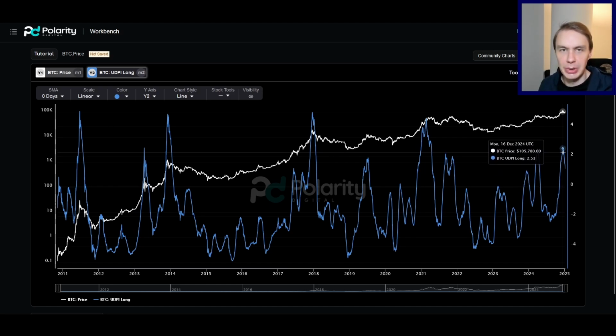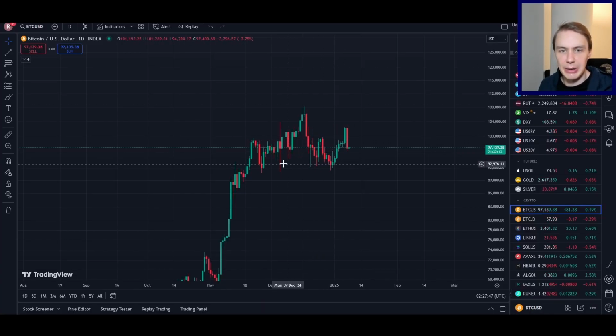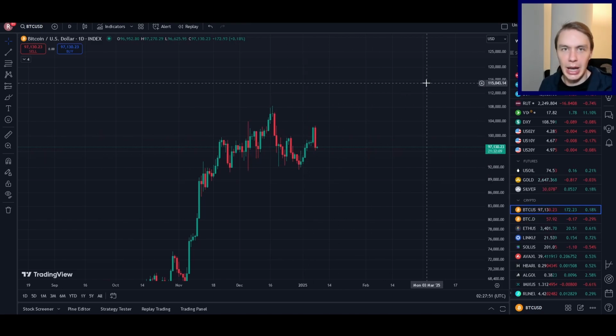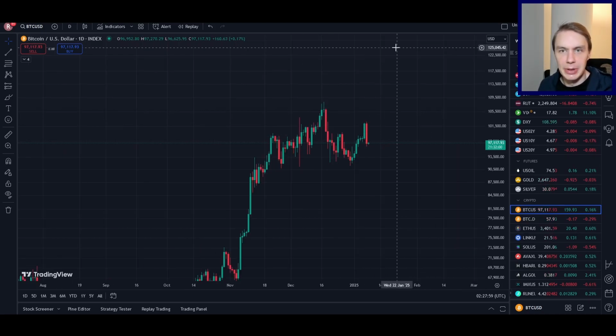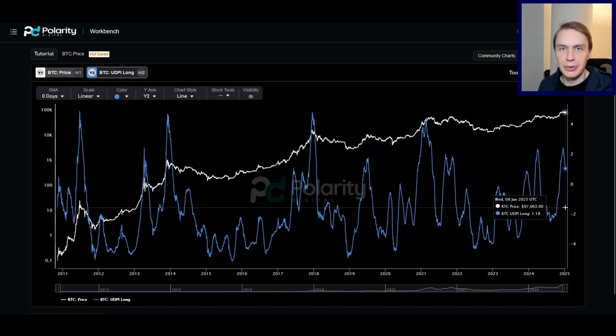Now, short term, this might be disappointing because it means that we might have more to go. We might have more correcting, more consolidating, maybe even forming a new range and going for a little while before we could have that next leg up. But the good news is that risk is cooling off. We're falling down again, and this is a good thing because you want to rally out of lower risk levels.